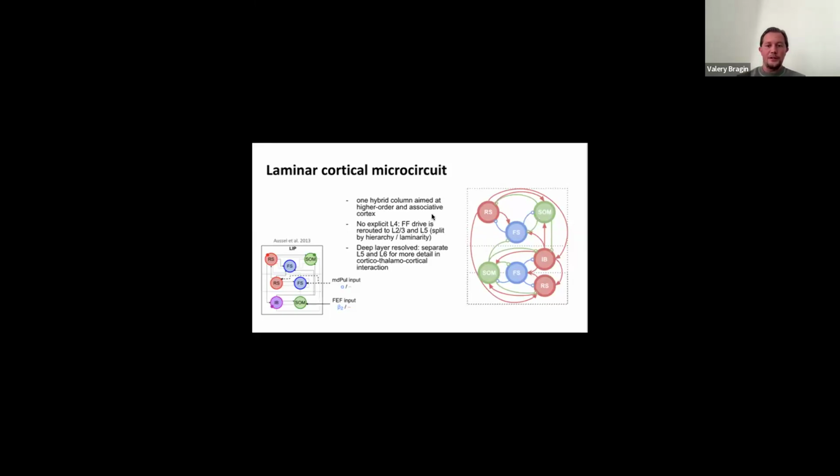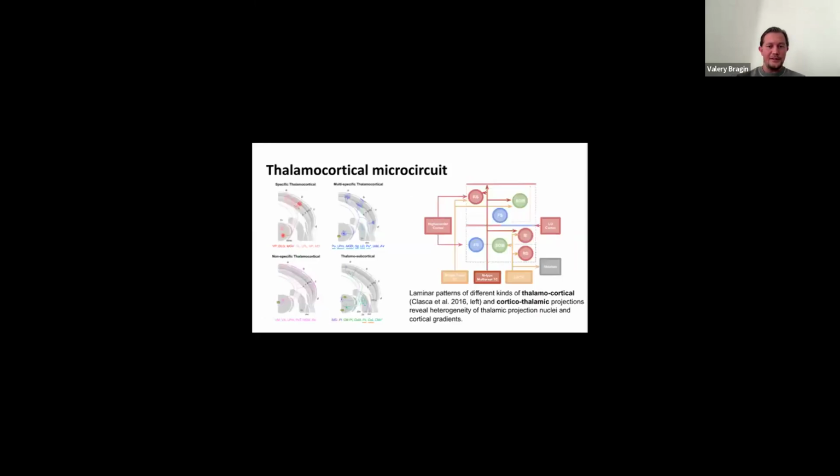What is also important for this model is that not only does the cortex have laminar resolution, but cortical and thalamocortical connectivity also respects the depth of source and target populations. It's based on tract tracing studies, mostly in non-human primates. We reconstruct the different classes of thalamocortical projections corresponding to different thalamic nuclei.